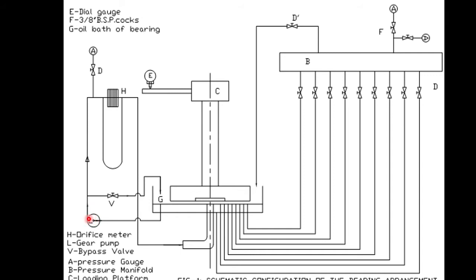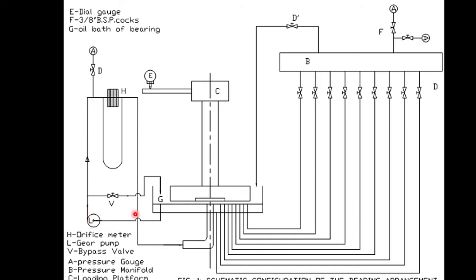Let us again trace the delivery line. It is going through this orifice. It is coming centrally to the bearing. It is passing through this gap, and the fluid is collected here. You collect at any point from each side, the fluid will come over here. Okay. So this is our fluid flow part.